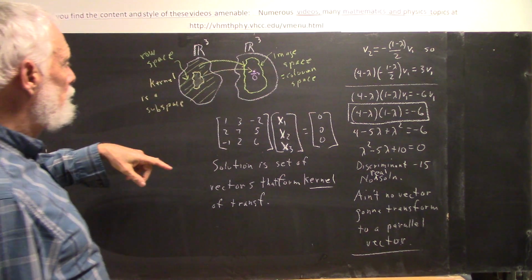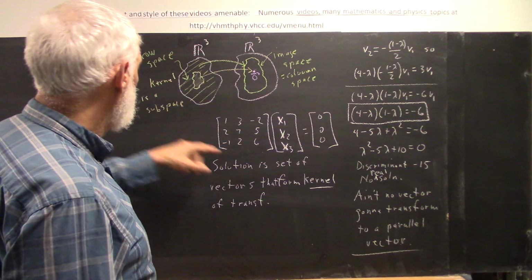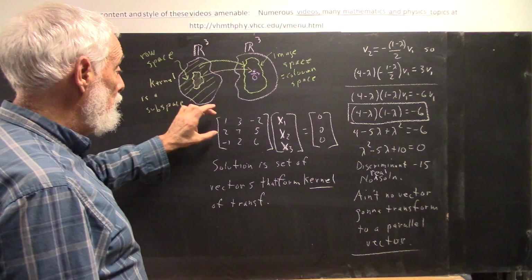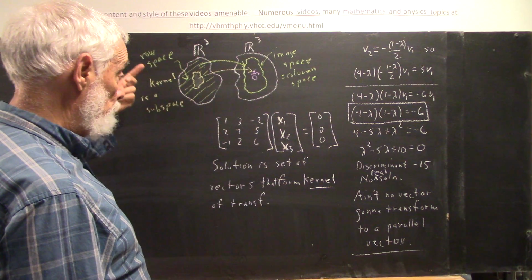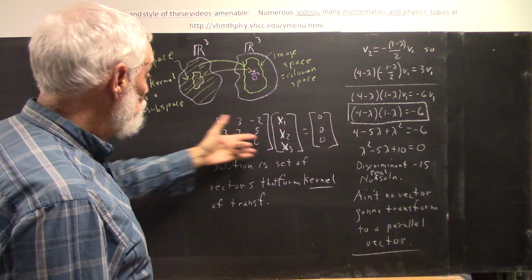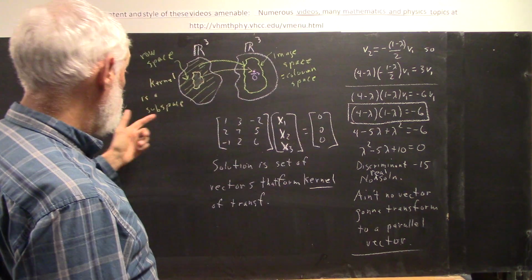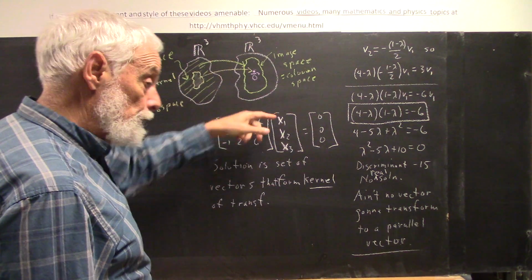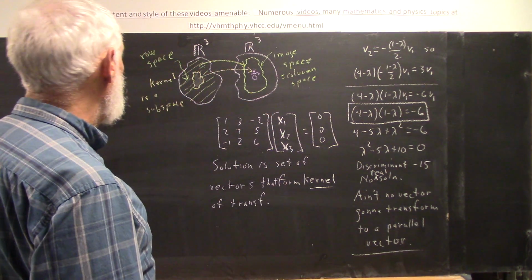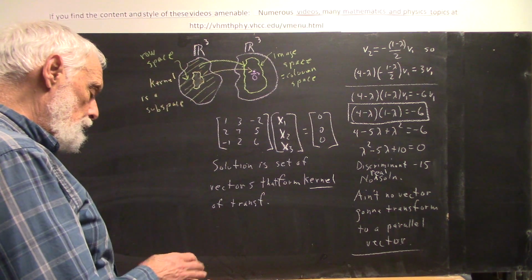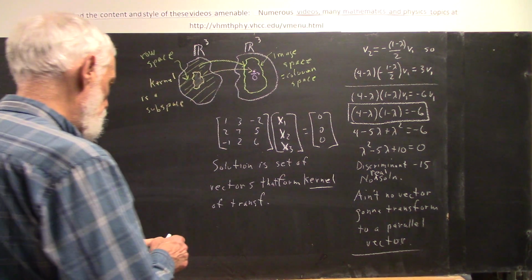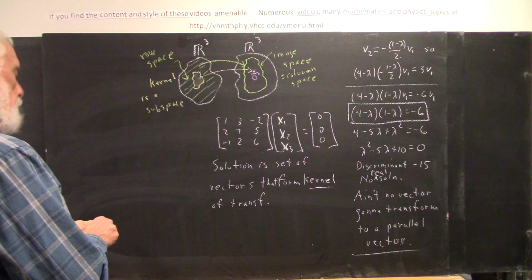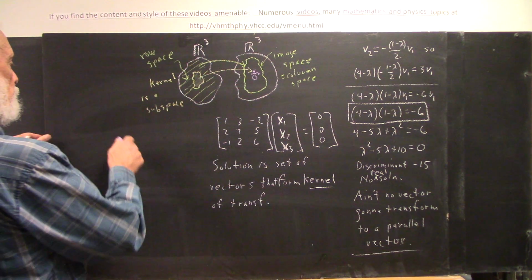And if you have one row of zeros here, your kernel has dimension 1 and your row space has dimension 2. If you get 2 rows of zeros, then your kernel would have dimension 2 and your row space would have dimension 1. The whole point, or one summary of this discussion, is simply that